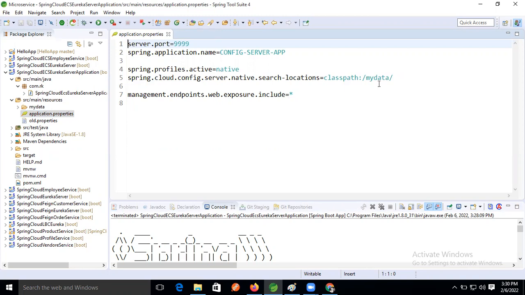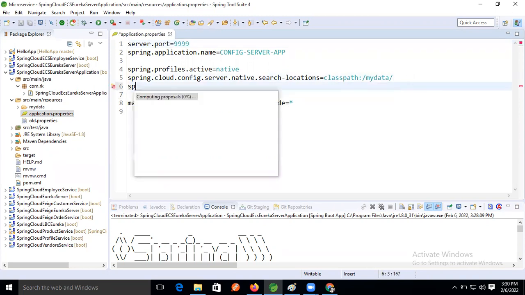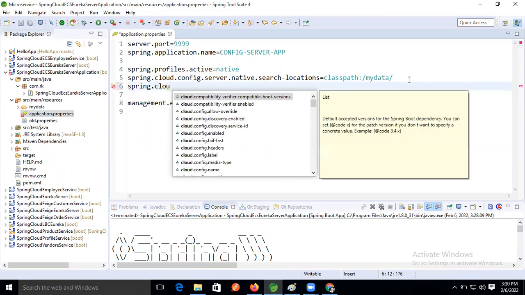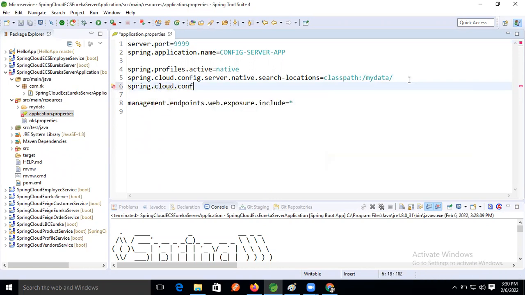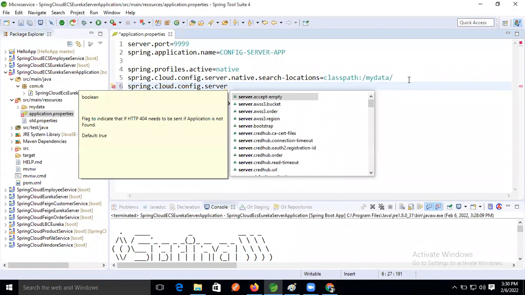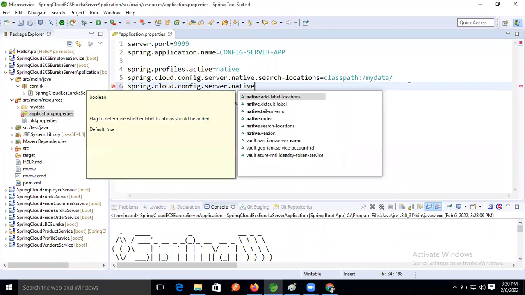One minute. Which one are you saying? Spring dot config dot location, something will come. Config dot cloud dot location will come. Config dot server native location. Native, right?